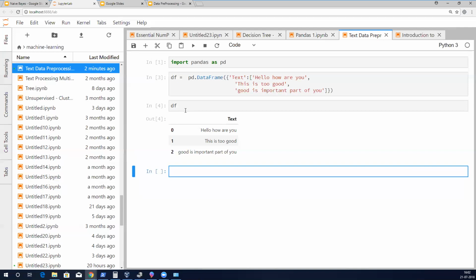I'll be skipping that part and focus more on the natural language processing library, which is important. One by one I'll get there.